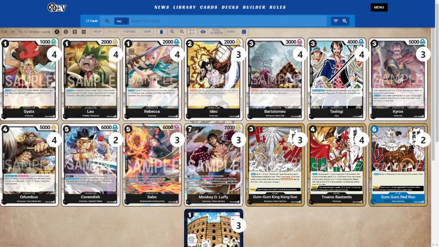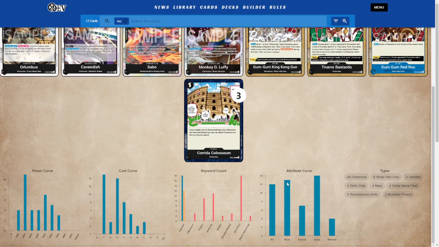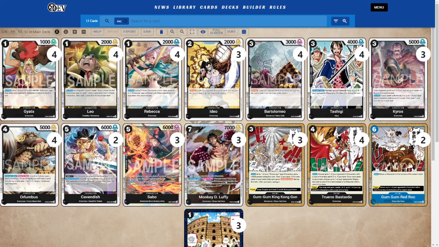So I think it'll be okay to stay at 43. What I'm saying is 7 cards off is a good sweet spot for the little Dressrosa package. And also with that in mind, I think what I'll do is I kind of want to take out the